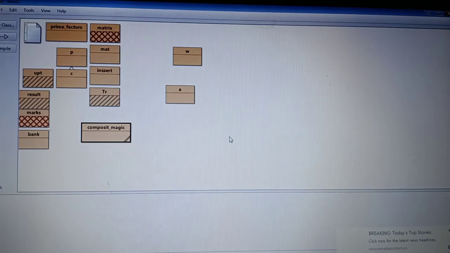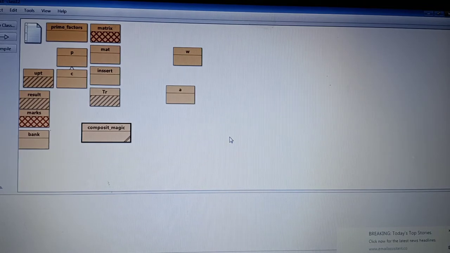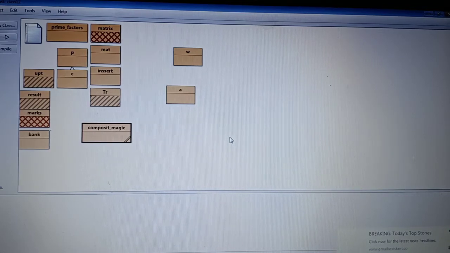We have to write the logic combinedly, meaning the number is composite as well as magic. Suppose we are talking about 55. 55 is a composite number because its factors are more than 2.